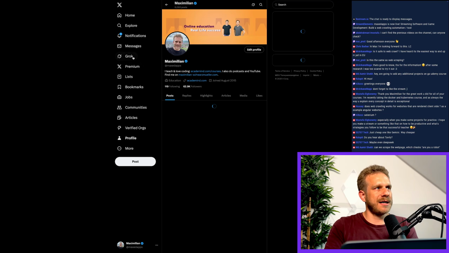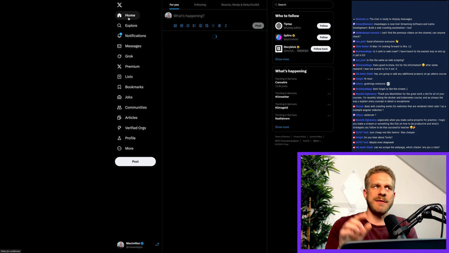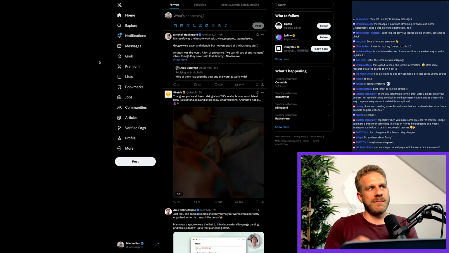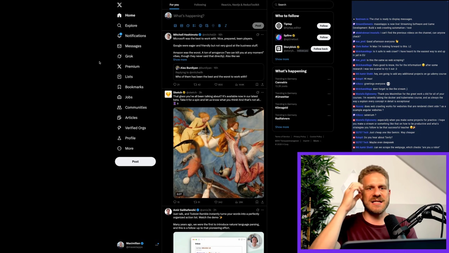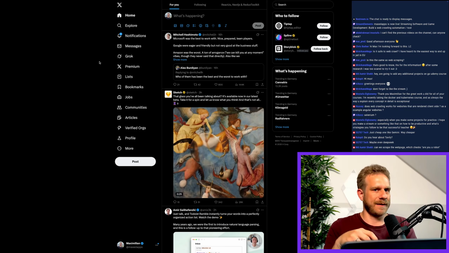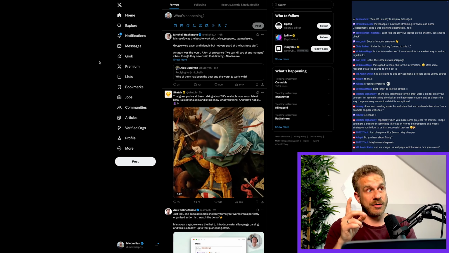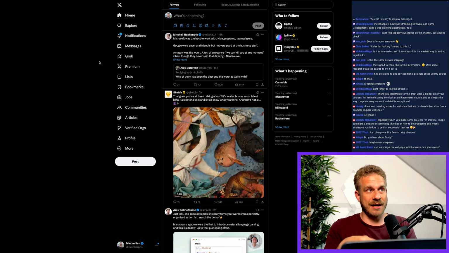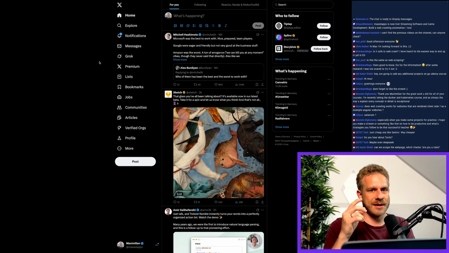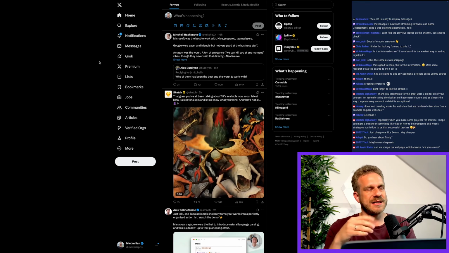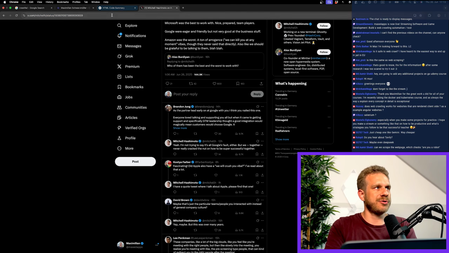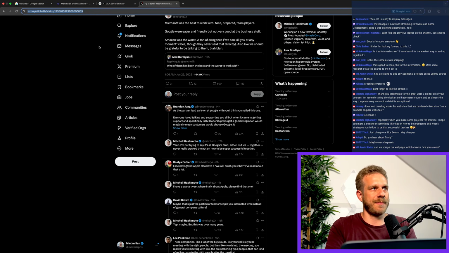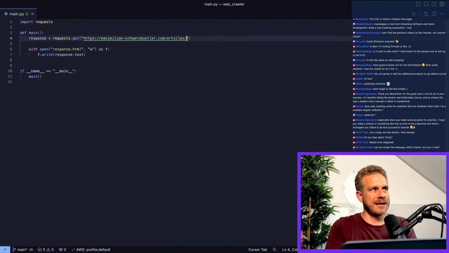Let's say we want to extract something from Twitter. And here, by the way, we're entering an area which is dangerous, I would say, because Twitter explicitly does not allow crawling in their terms of use. So you might not want to do that. I'll just use it as an example to show you that it doesn't work with that approach. So let's say I would want to crawl this post here. So I copy the URL of this post and I insert this here